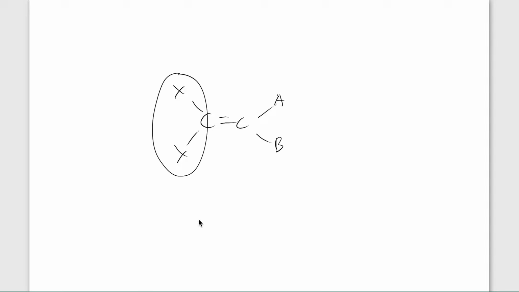So just quickly write it here. As long as on one side 2 things are the same, then there's no geometric isomer. If you want to have a geometric isomer,